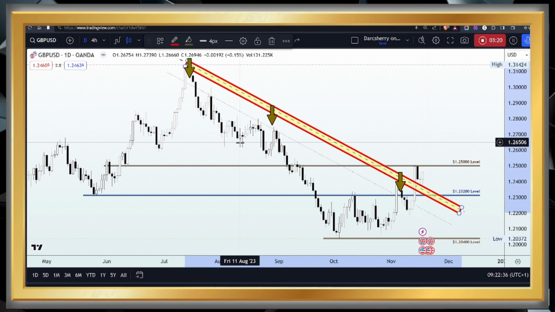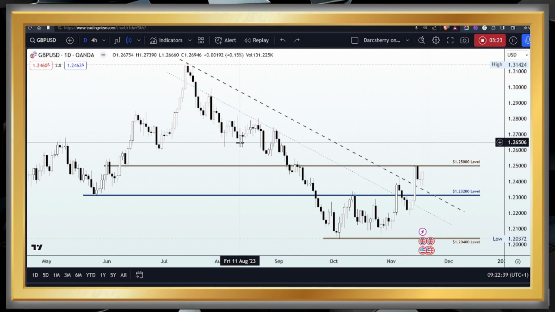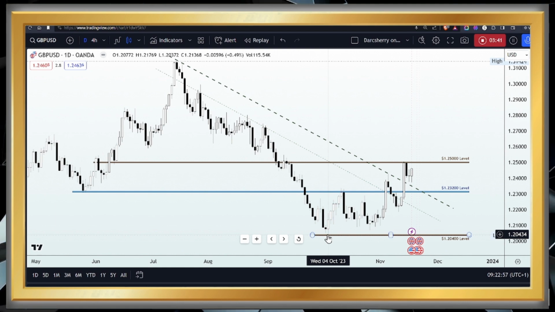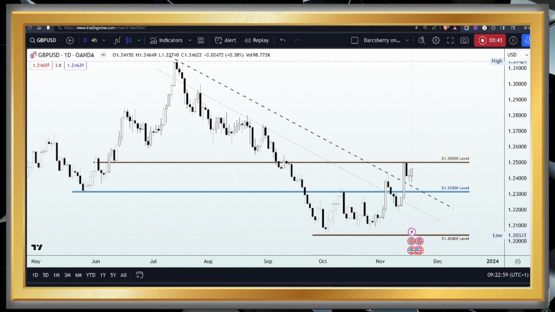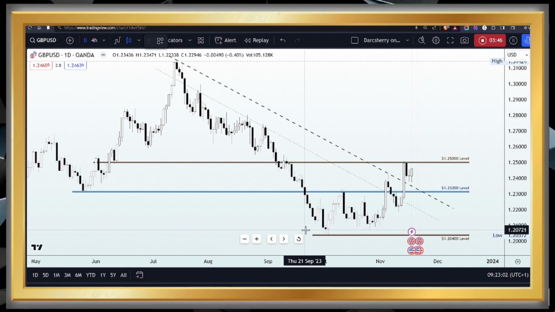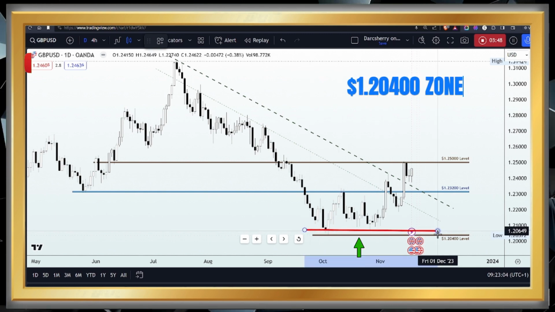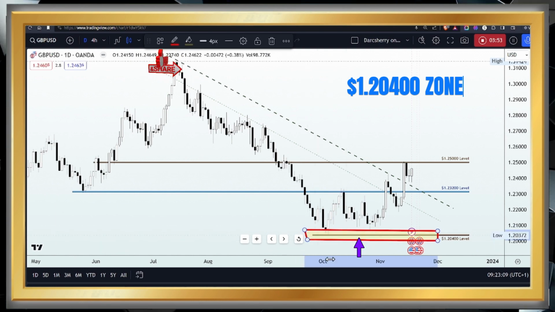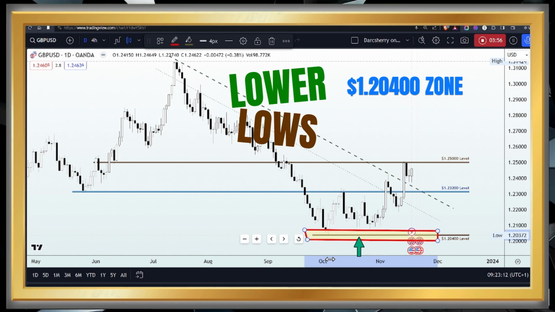However, something interesting is going on in this market. Now, despite the series of lower highs captured here, you will see that price action is yet to find a lower low, giving us signs that buyers may likely be taking over the market anytime soon. And if you look at what has been going on here since the beginning of the month of October, despite the series of lower highs, you will see how the 1.20400 level had continued to negate all attempts by the sellers to break through that structure to form new lower